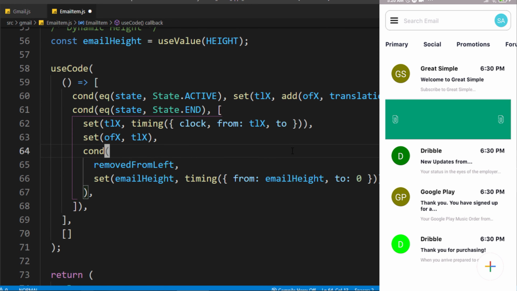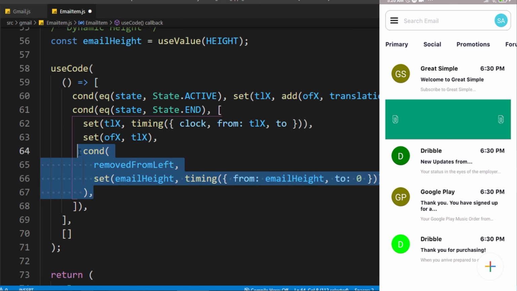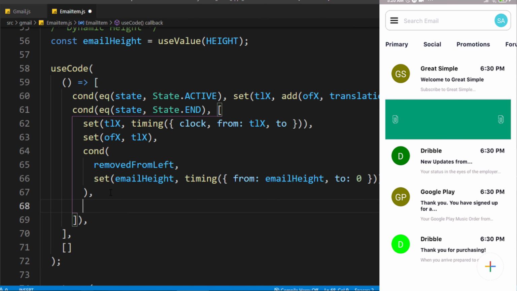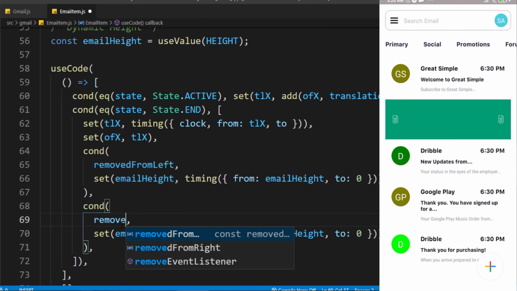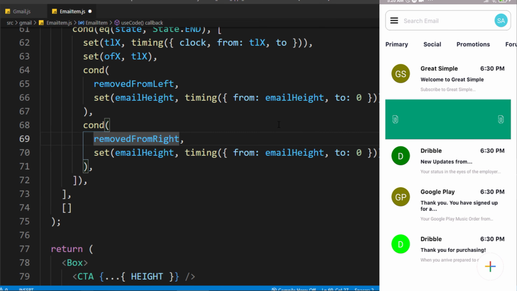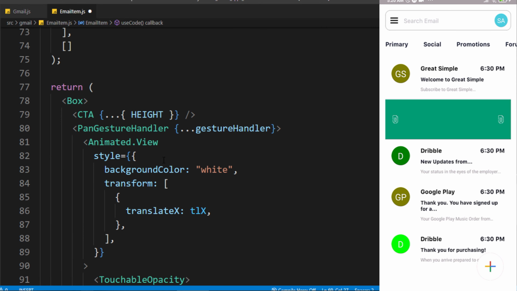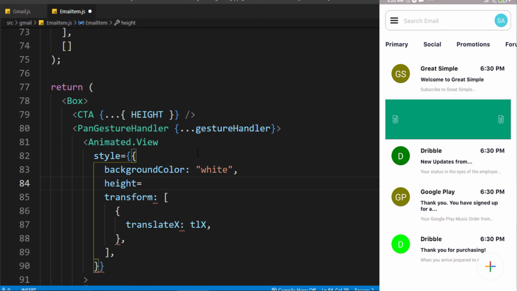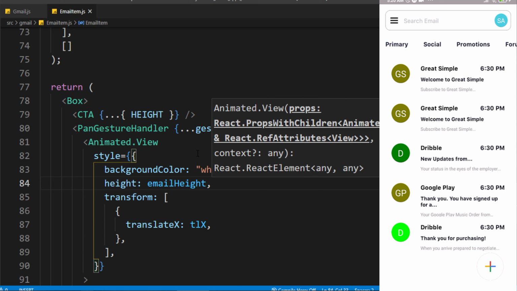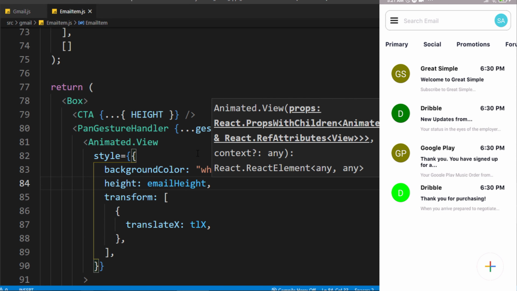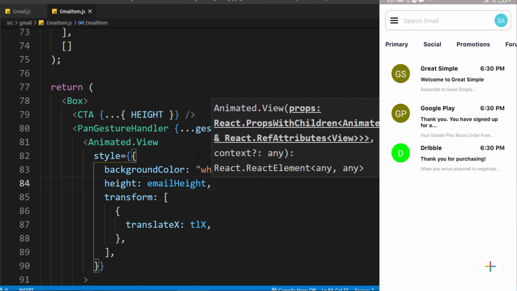So same thing we did here, we also have to do it for the right. So I can just copy this, paste it down, and we can just say removed from the right. And that will now lead us to the height property here. So the height property here is the dynamic email height. And let's go ahead and save that, and you see that item refreshes. So when we remove this, you see it goes away, and when we remove this as well,